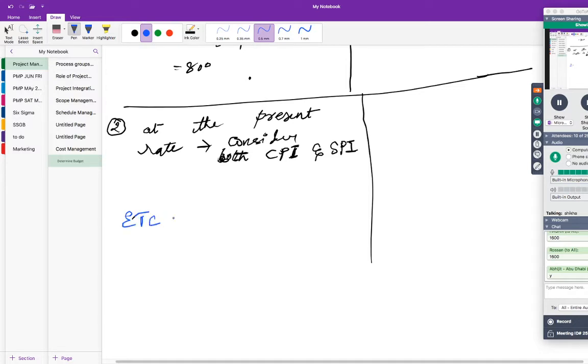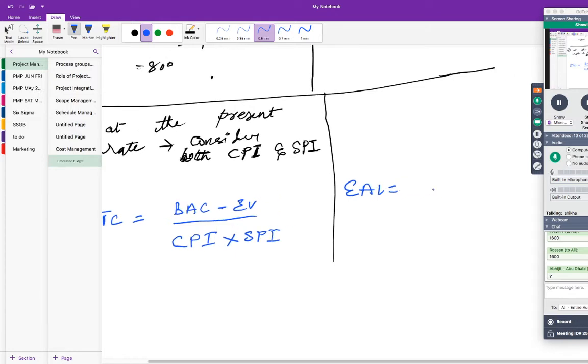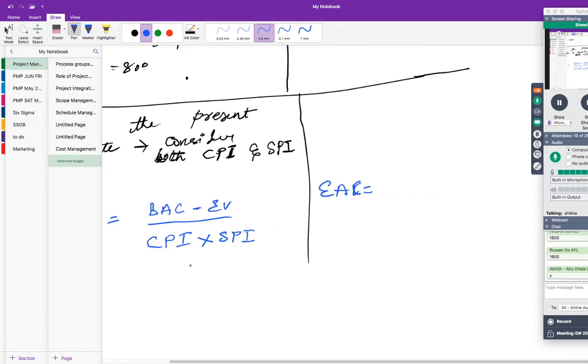ETC is equal to remaining work, which is BAC minus EV. This is your remaining work. The remaining work will be done at the present rate of cost performance, and not only the cost performance but also schedule performance. So divide it by CPI multiplied by SPI. What will be your EAC formula in this case? It's the same thing, so you just add AC to it. So AC plus (BAC minus EV) divided by CPI